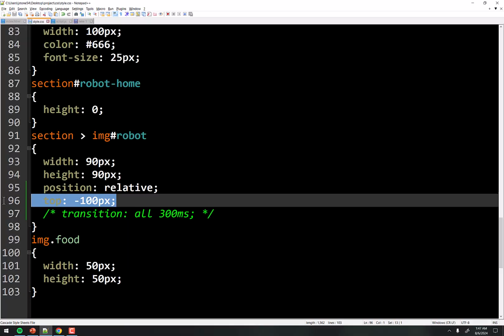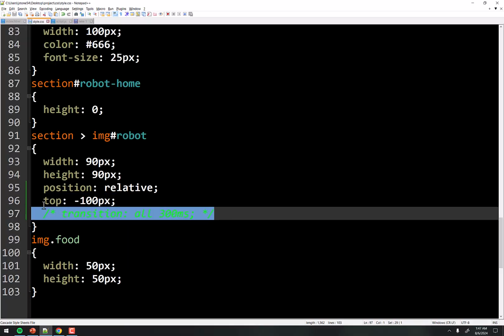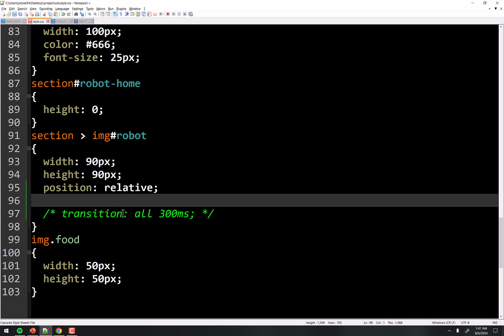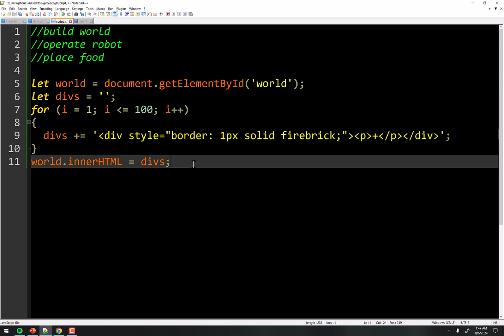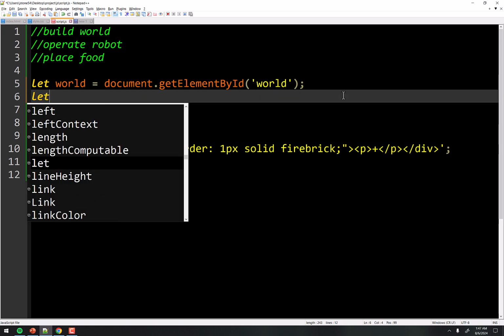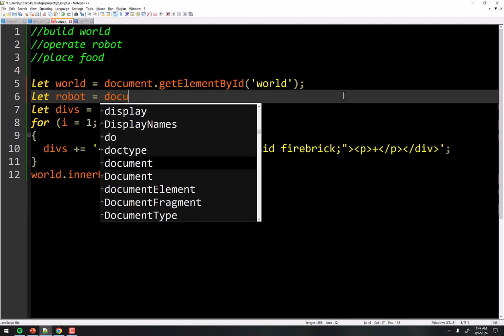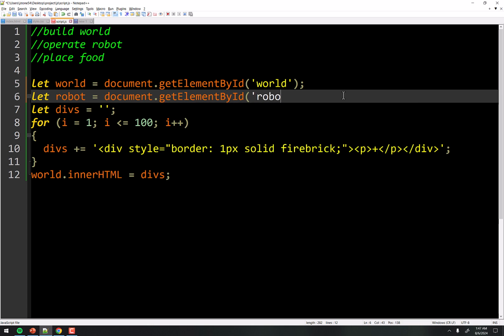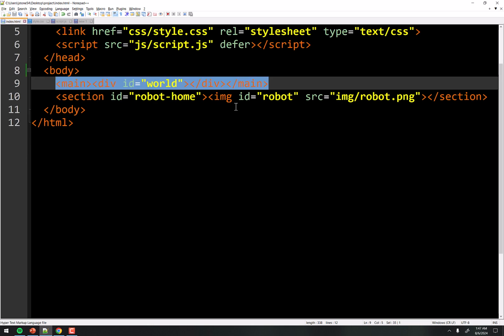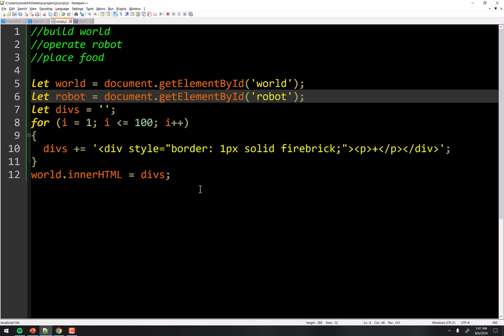Rather than doing it here in the CSS, right, we're going to get rid of that. And we're going to do it using what we learned last time, which is using the style object, right? And so this is easy enough. We're going to need to get that robot a lot. So let's go ahead and make a variable for him. Robot equals document.getElementById('robot'). And that's just because that's what I called him right here, right? All right, so there we go. We have the robot now.